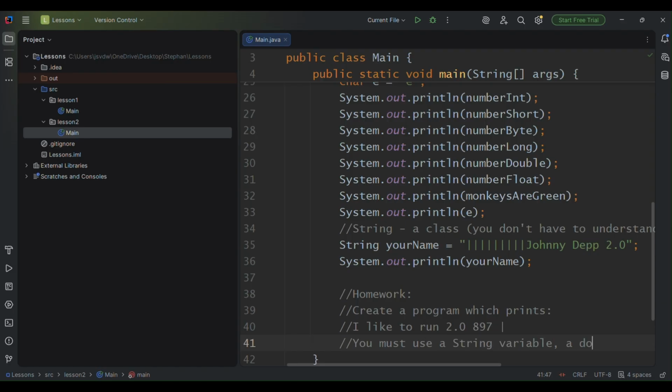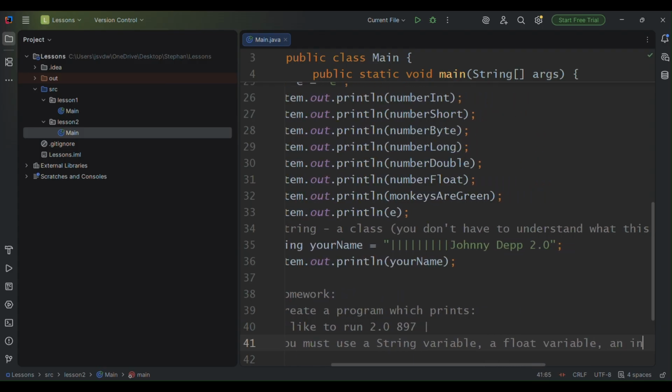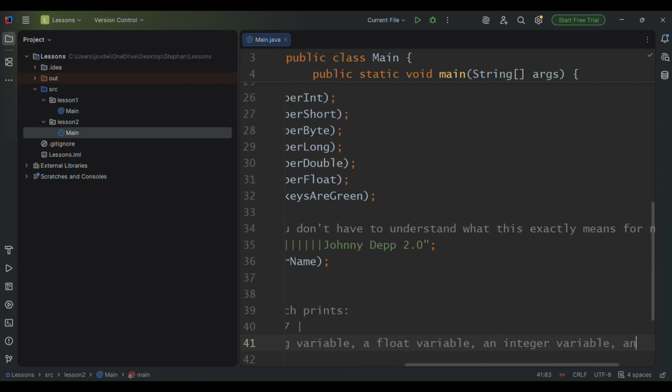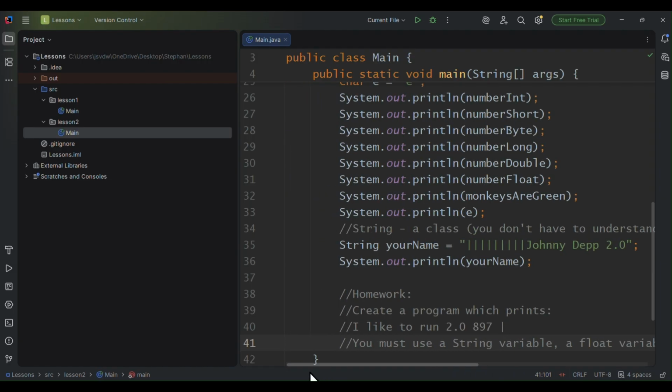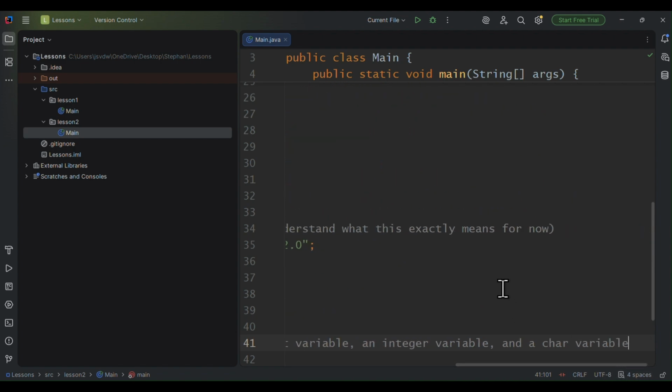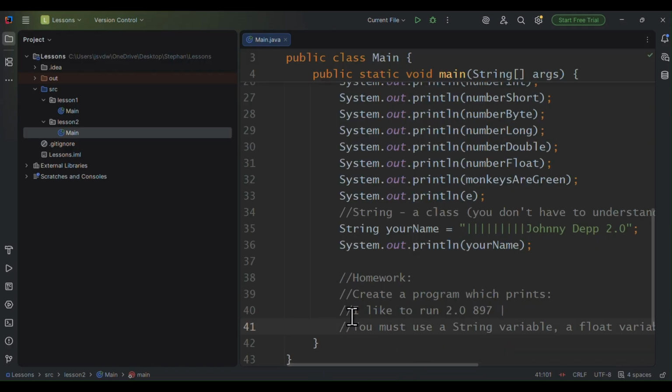And so you can't just print this like normal. You have to actually use a string variable, a float variable, an integer variable, and a char variable. So you would have to actually put them together in a way and print them in a way